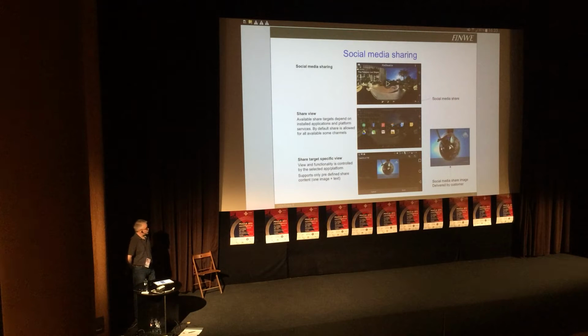And then for the sharing, on the right side of the slide, there's an image. You can provide us the image you would like to include when you are sharing the information about the app. And this is actually good because if you are using the share function and sharing the app, people can use this as a tool to inform, and you can also include some commercial messages on the image, so people can see whose app it is and where you can download it.